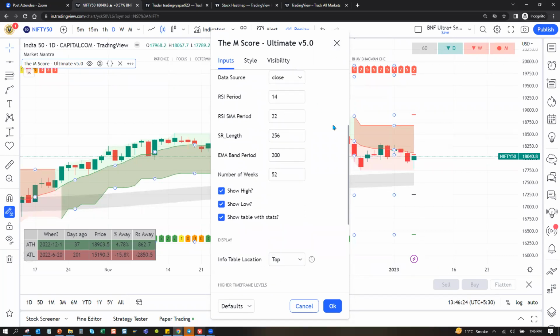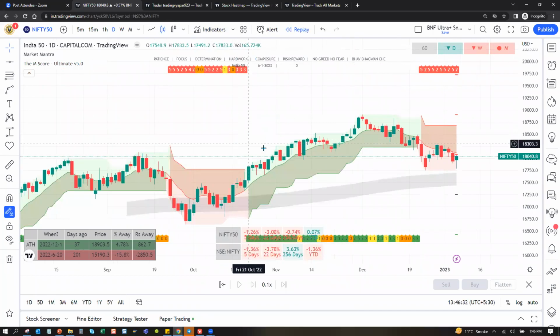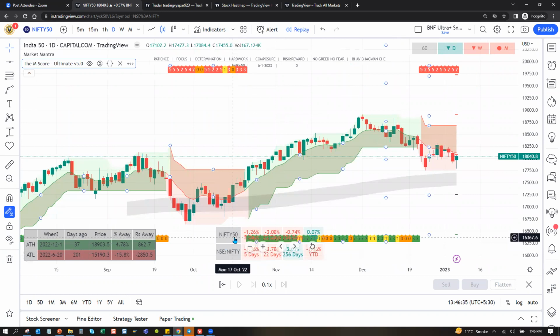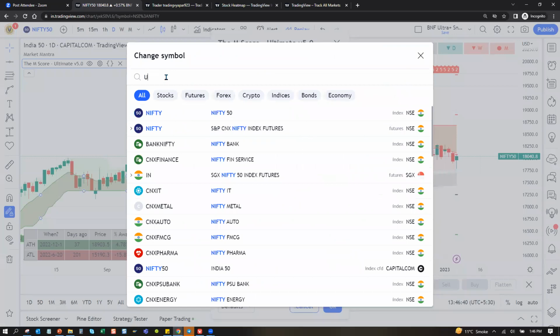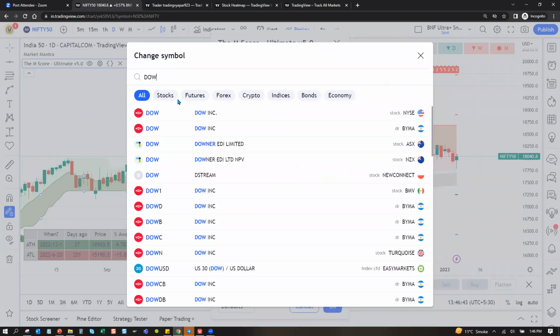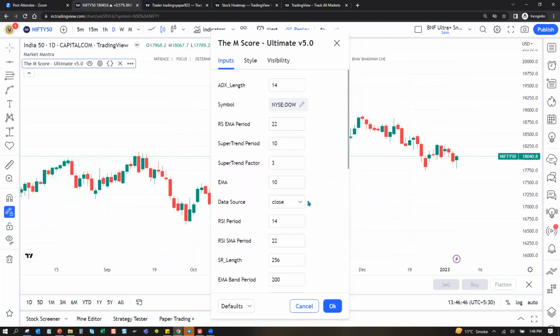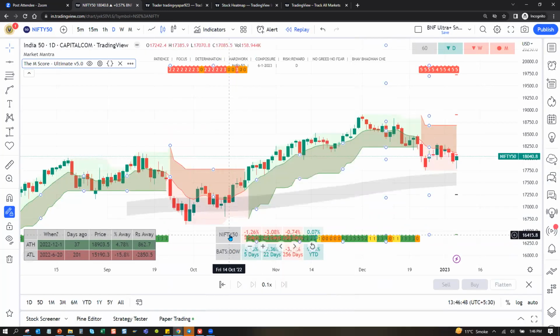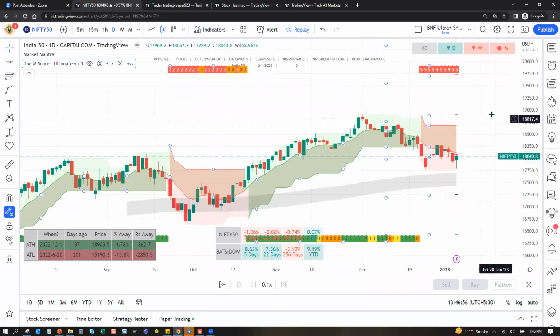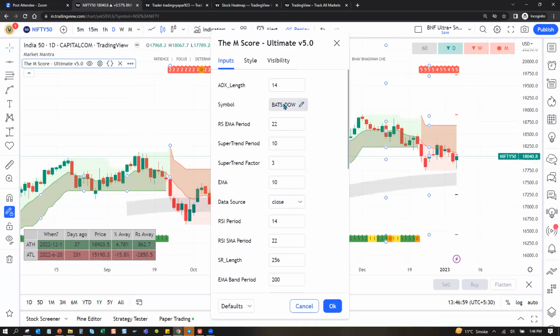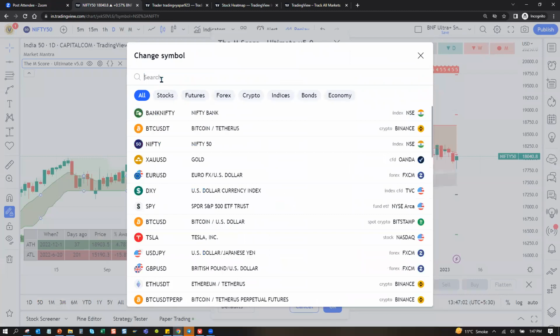So can we add the comparative script also for RS? For example, I want to compare Nifty with Dow. Something like that can also be done. Yeah, you can do that. Here you can do it. So for example, you are comparing Nifty with Dow. Just say Dow. Which one is this? This one. So here you can see the comparison with Dow. So now the code in the backend on scoring formulation will take Dow into account for Nifty. Okay. But the default ones are default. You need to get Nifty over here, which I've already kept.